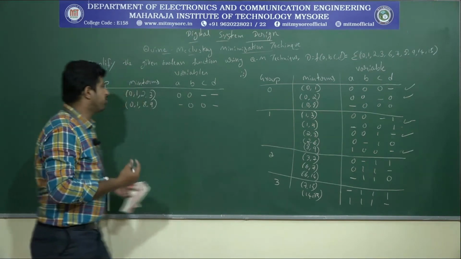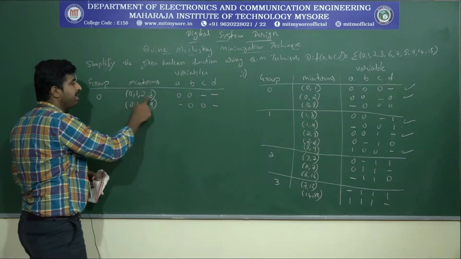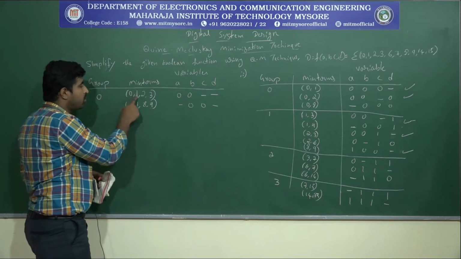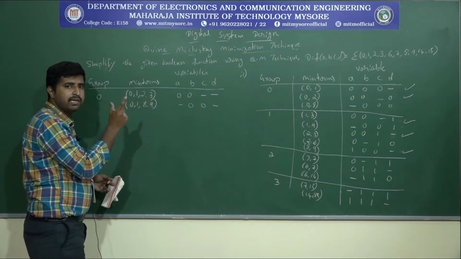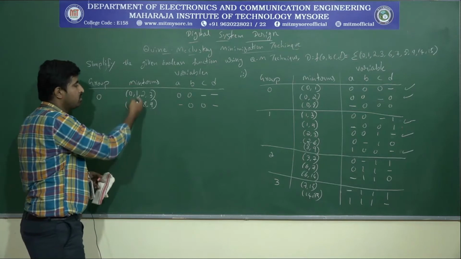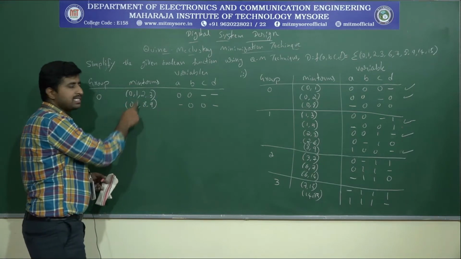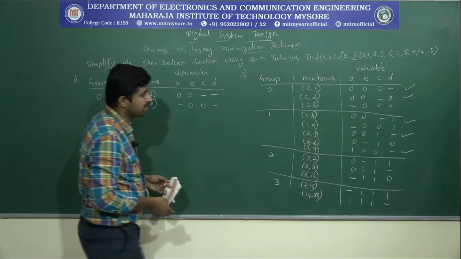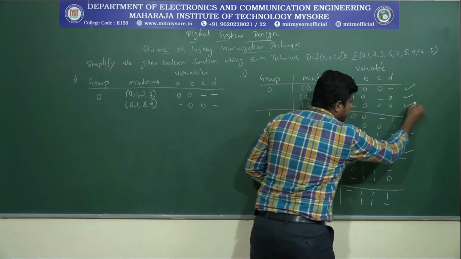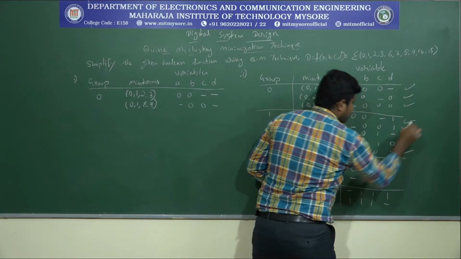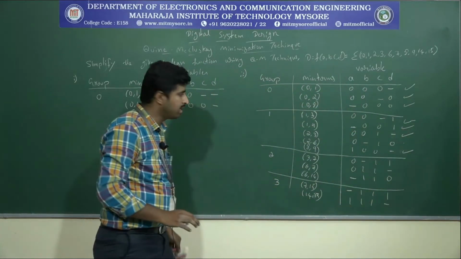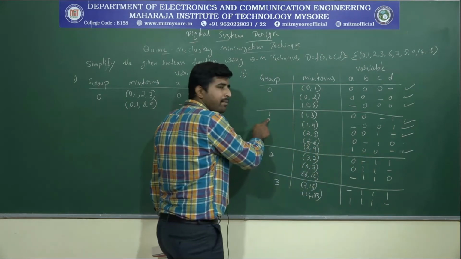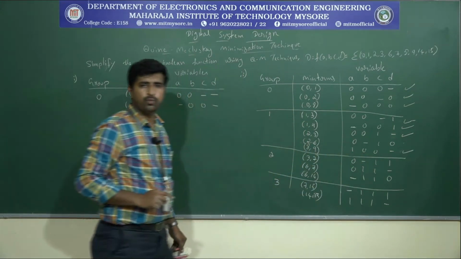Already covered means the same minterms grouped together. Writing them one more time is not needed. 0, 1, 2, 3: the same minterms are grouped already, so another group containing the same minterms is not necessary. So that means this 0, 8 is grouped with this one. Okay, that is over. Next we will compare group 1 with group 2.